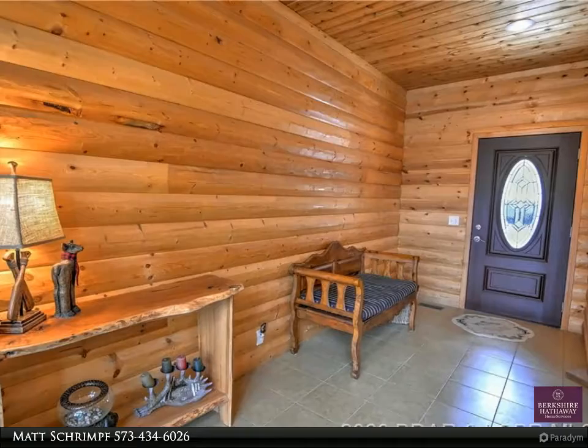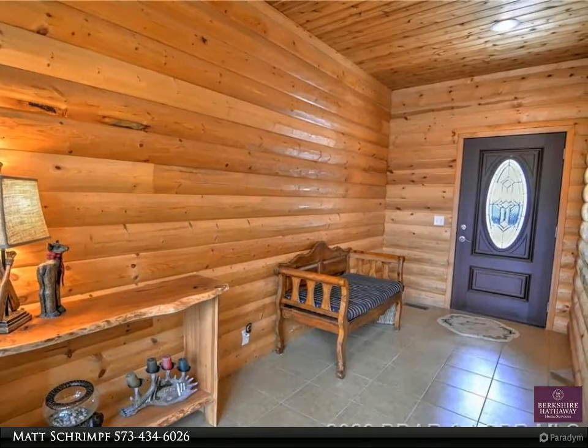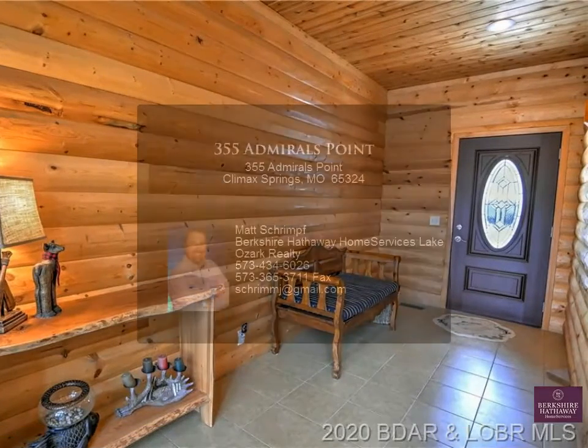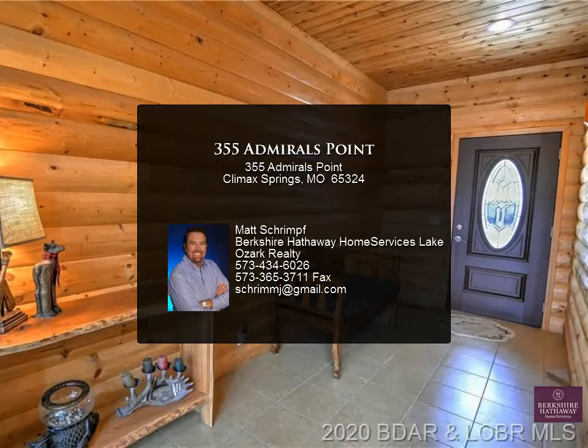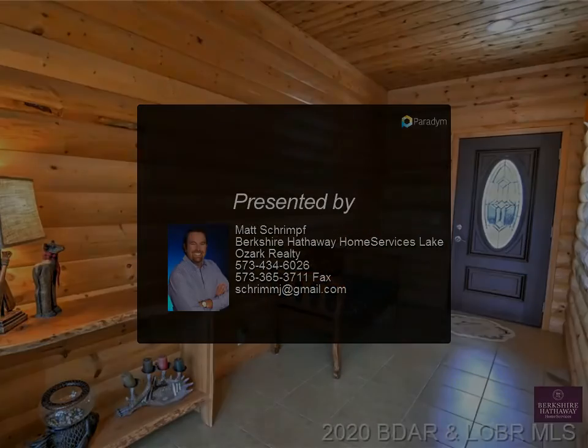Lower level deck is covered with a dry below system and wired for a hot tub. Sit lakeside and enjoy the campfire. Additional highlights: crown molding, glass etchings in each walk-in shower, a fireplace with custom